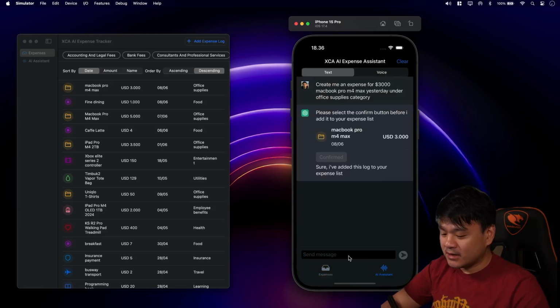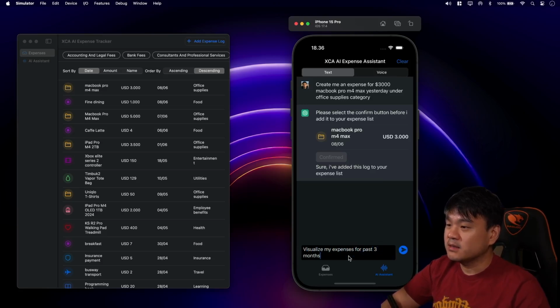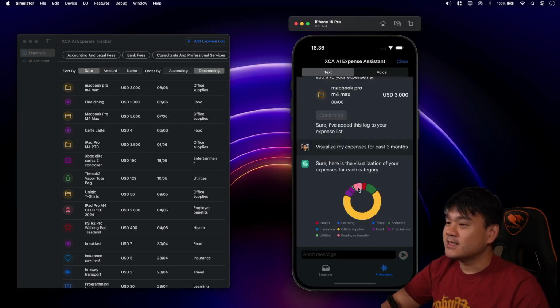Okay, now let's try to query another function. Visualize my expenses for past 3 months. Okay, let's see. Sure, here's the visualization of your expenses for each category. So it's rendered using a pie chart. Okay, nice. Now let me switch to the macOS app